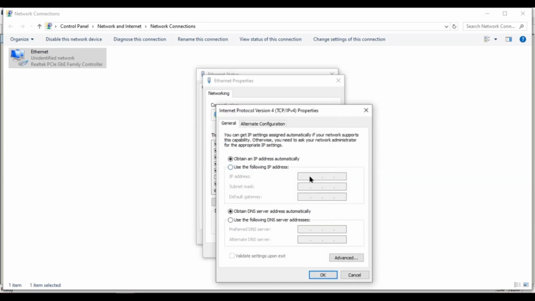After clicking it, use the following IP address. So it will be typed manually. Type